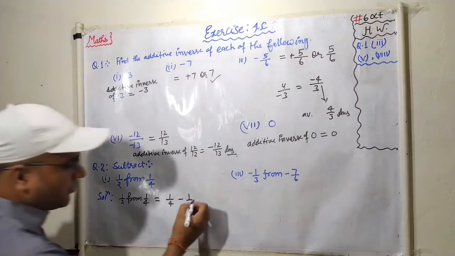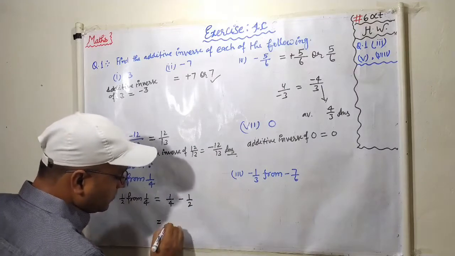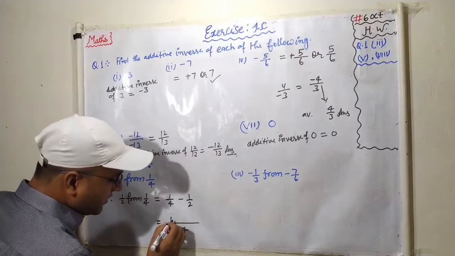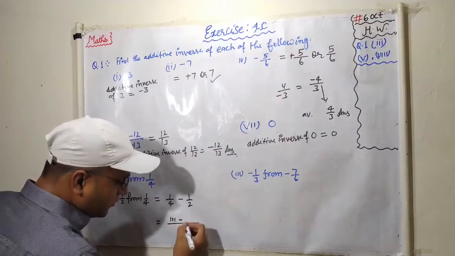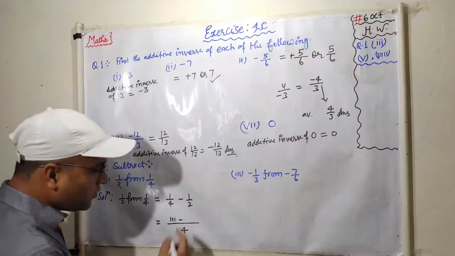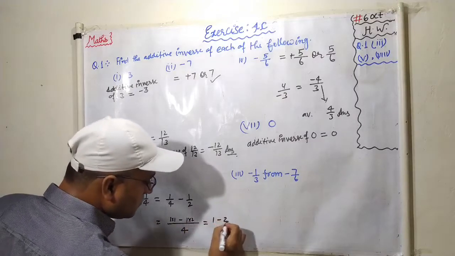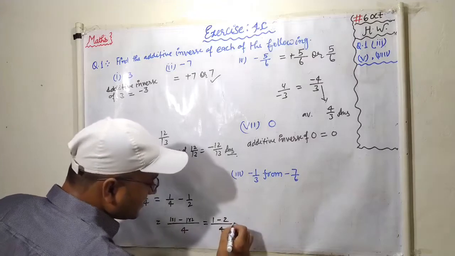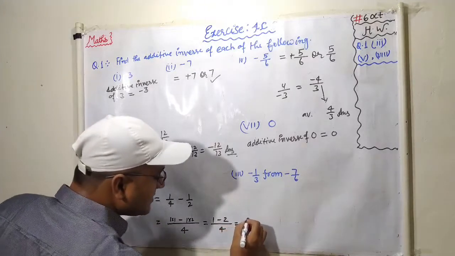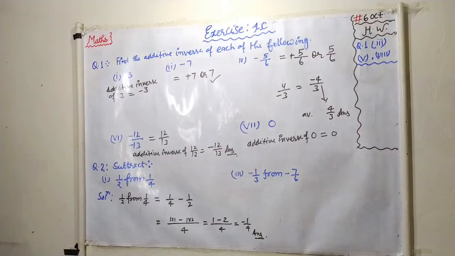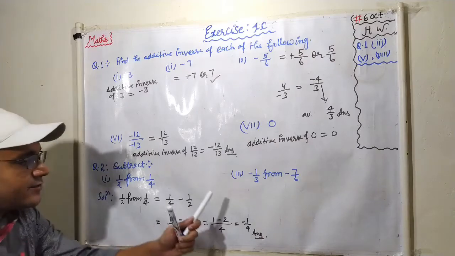Then you will take the LCM. You know that the LCM of 4 and 2 is 4. By 4 if you divide 4, you get 1, and 1 is multiplied into 1, you get 1. By 2 if you divide this 4, you get 2, and 2 is multiplied into 1, that is 2 upon 4. So what will you get, students? You will get minus 1 upon 4. This is your answer for this case. Minus 1 upon 4 is your answer. That was question number second. First and second are the same.